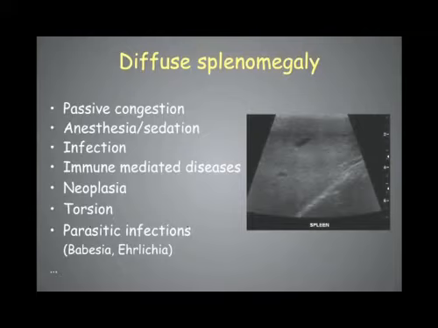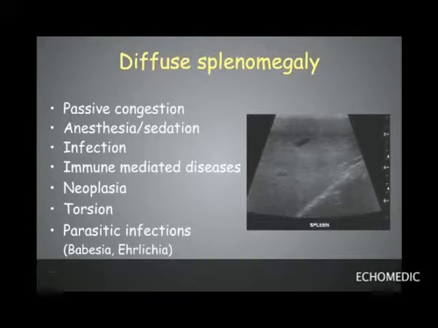So what we will see with ultrasound can be a diffuse splenomegaly. This diffuse splenomegaly can be due to multiple reasons. Here we have an example of a diffuse splenomegaly with the normal aspect of the parenchyma of the spleen, so quite hyperechoic with a fine echotexture. But we can see that here we are almost at 7 centimeters and the spleen is still occupying the complete image, so a very large spleen in this case, but with a normal parenchyma.